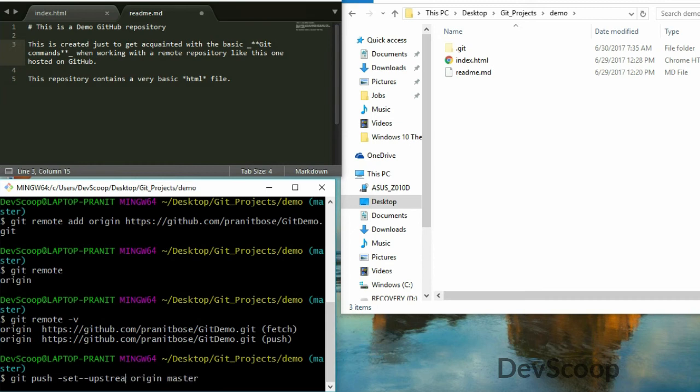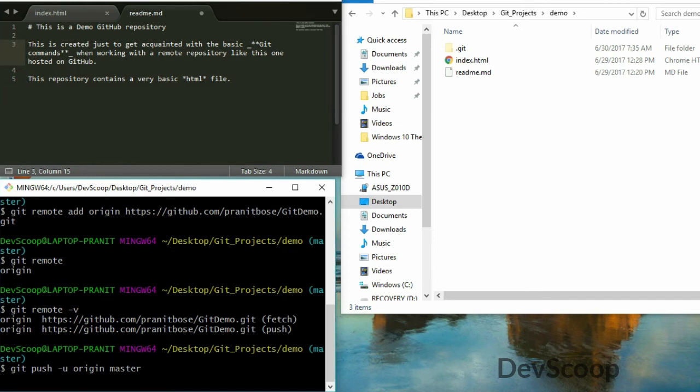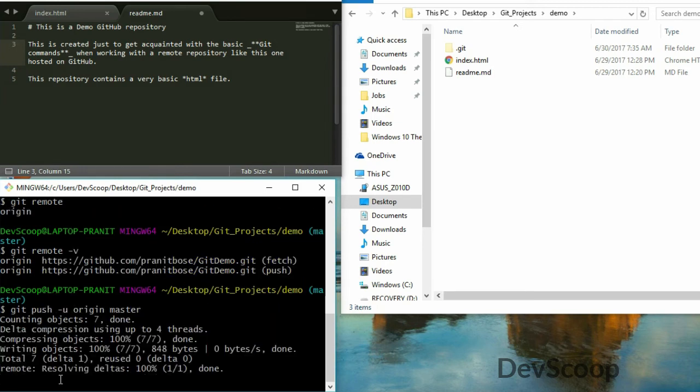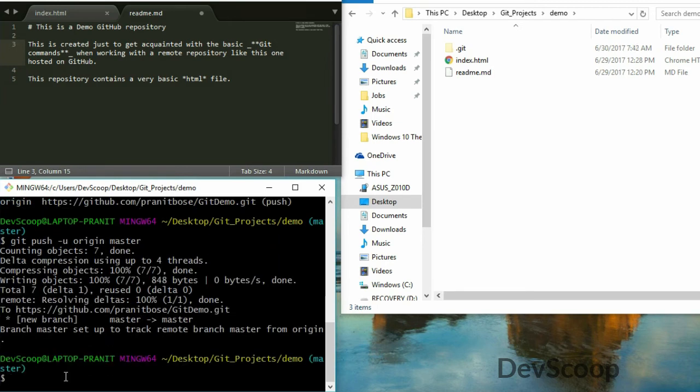Here you can also use a shorthand to this big name, that is -u. Both basically mean the same, that is set upstream. And once we do so, and here you see GitHub uploaded our files to the remote repository, and hopefully all these files, that is index.html and